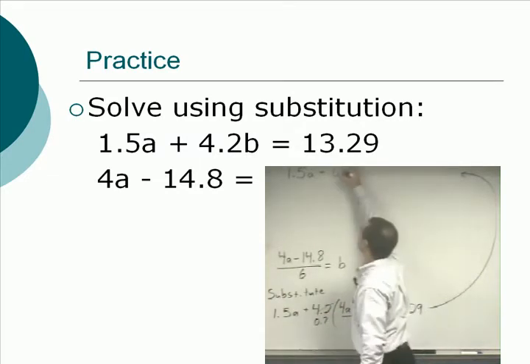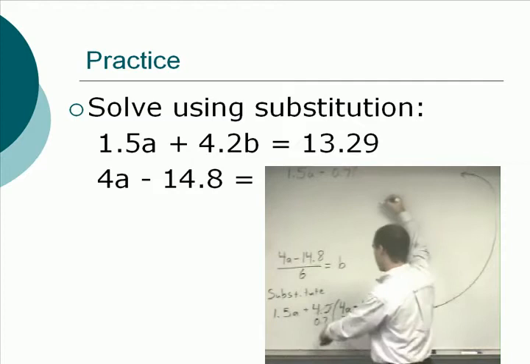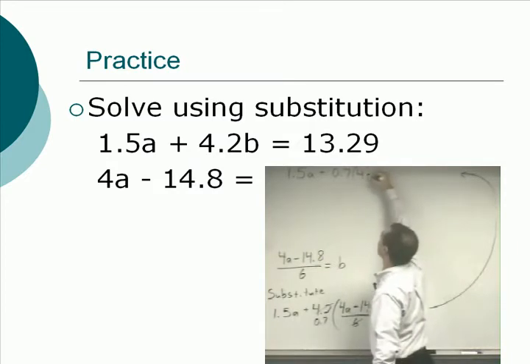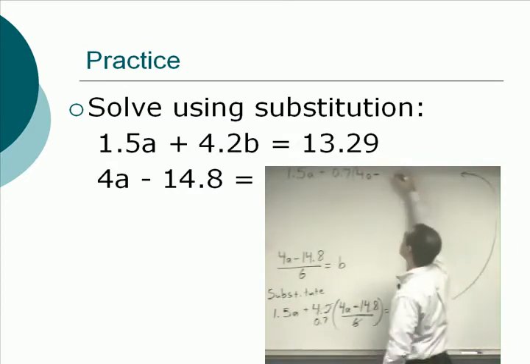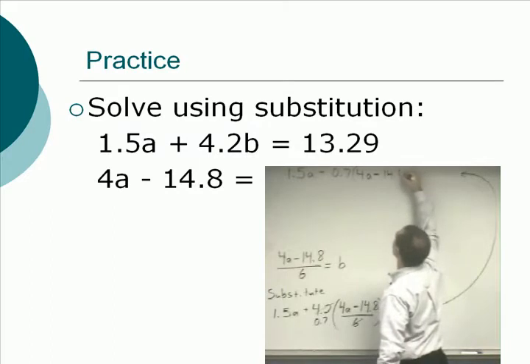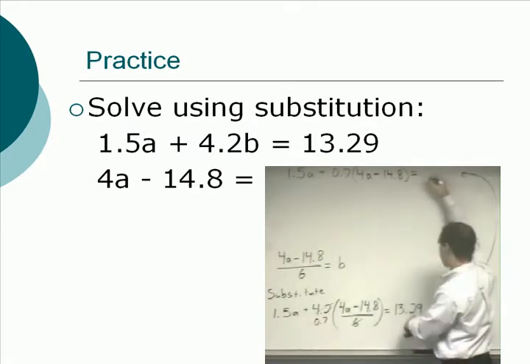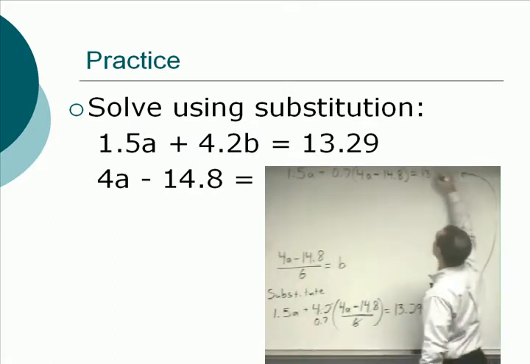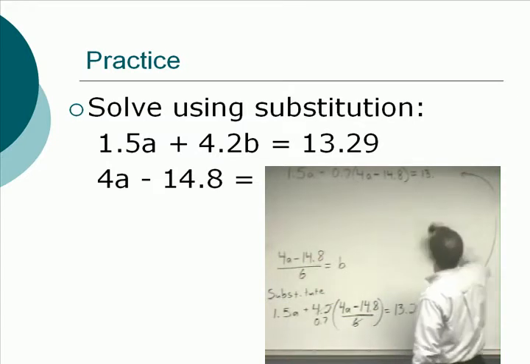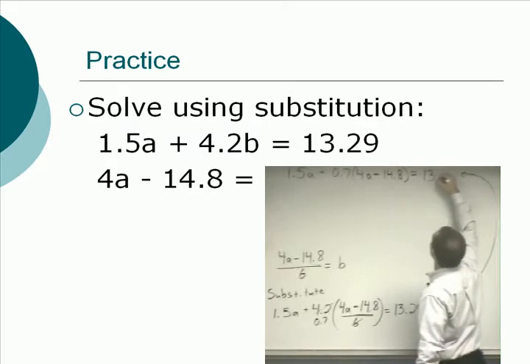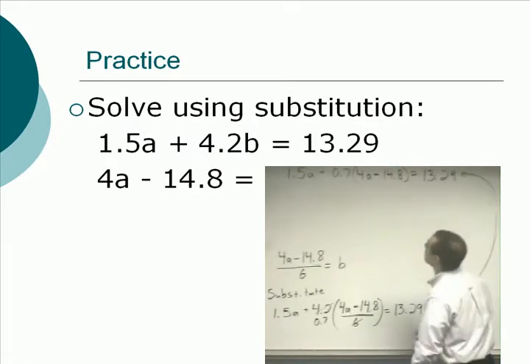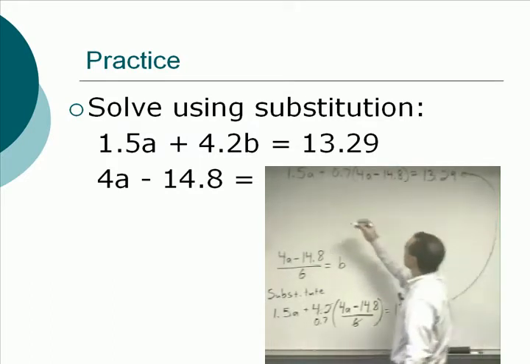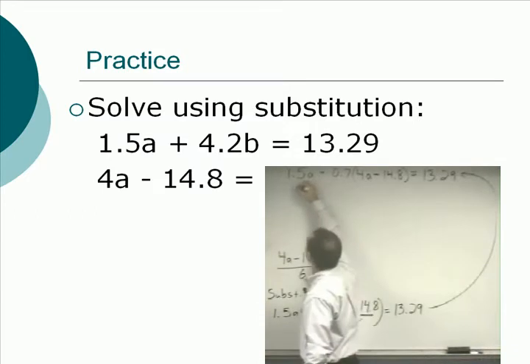So we have 0.7 times 4a minus 14.8 equals 13.29. Continuing to solve here, we have 1.5a